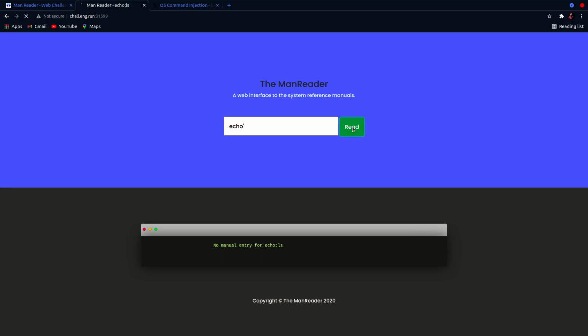We can see unterminated quote string. So the command is not executed in the backend.